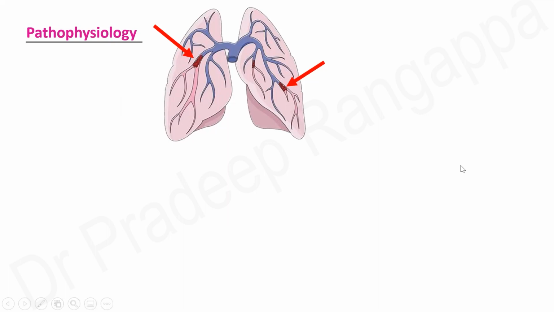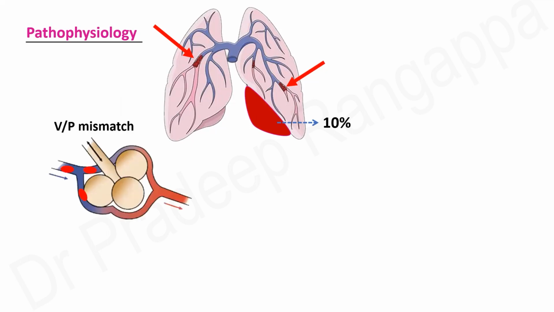it is usually bilateral, and it tends to occur in the lower lobes more commonly, and 10% of them can develop pulmonary infarction due to occlusion of the pulmonary vessels. And here you see, because of the occlusion of the pulmonary vessels at the vascular level, at the alveolar level there is a ventilation perfusion mismatch, which means to say there is effective ventilation, the alveoli are ventilated, but there is no perfusion due to the formation of these microthrombi within the pulmonary vessels.